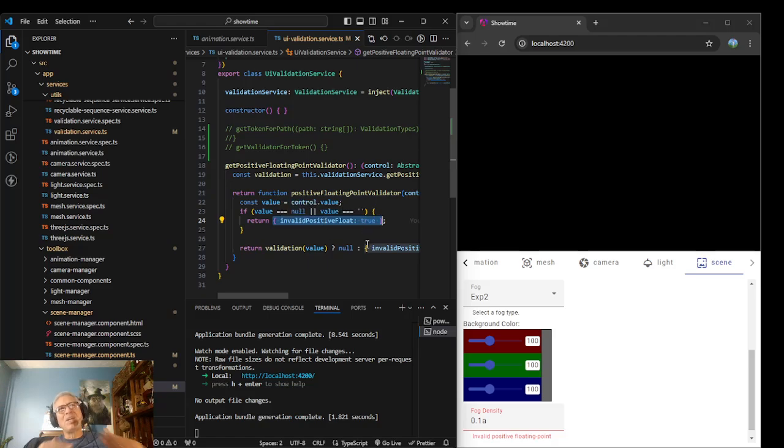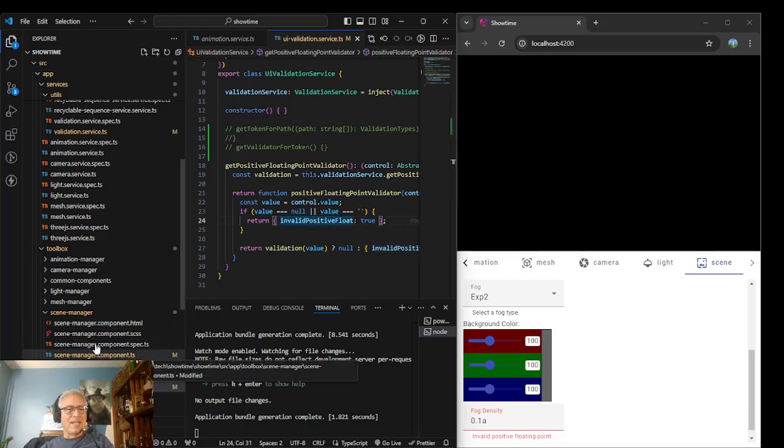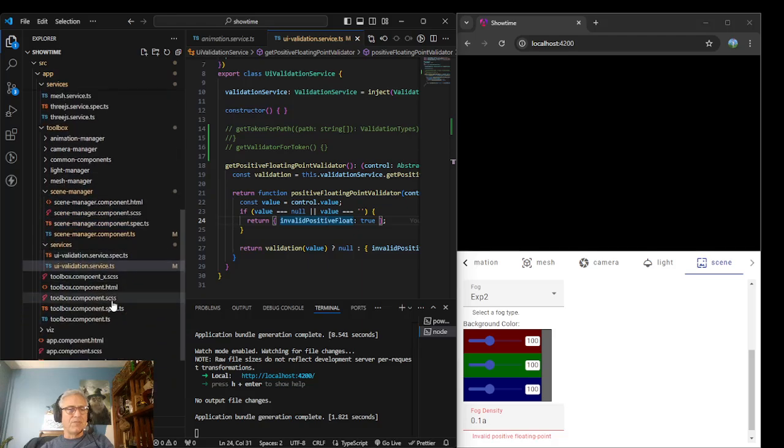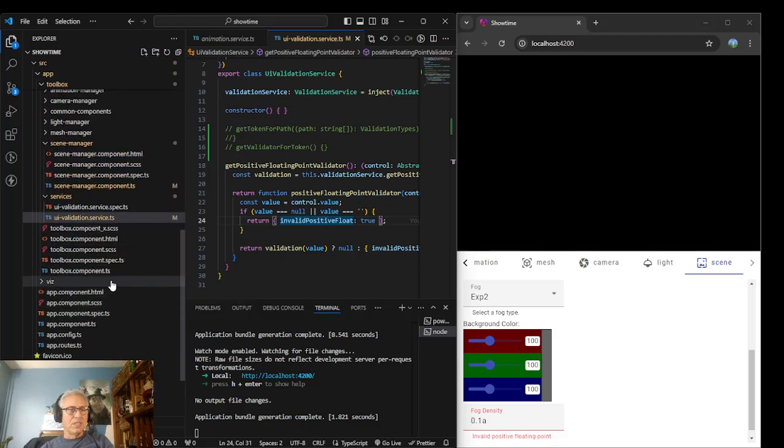So there's like this big jump, right? Because the controller, the TypeScript for the component, doesn't know anything about this invalid positive float. There's like a big gap, right? So if you're just looking at the template,